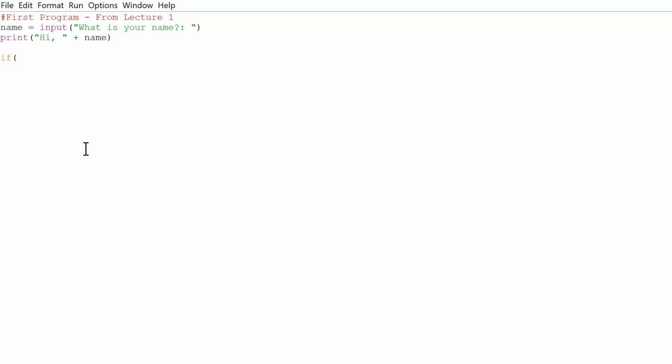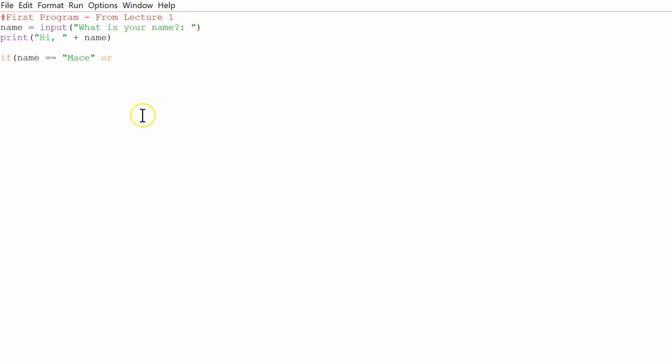So when we do an if statement, we start with the opening parentheses, and then we type what we want to check here. Right now we want to check if name, so that's our variable name, equals. Note you can't just use one equal sign, because as we discussed earlier in assignment operators, one equal sign is assigning a value. Two equal signs is checking if the two values on either side are the same. So if name equals Mace,